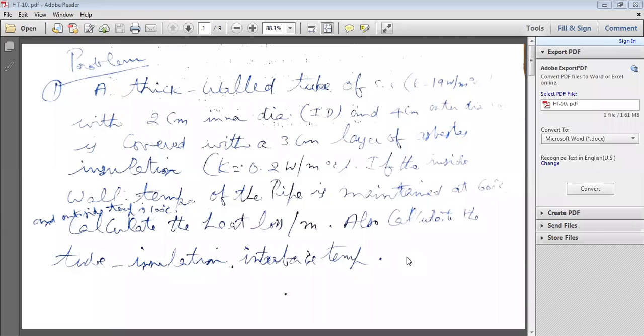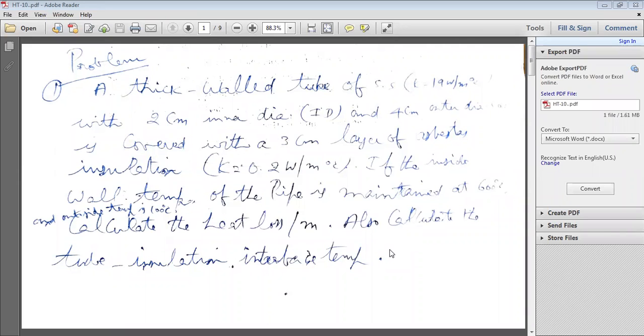If you know all those parameters, I gave in the last class how to derive it, by considering a small element at a distance of r from the center of the cylinder with thickness dr, and applying Fourier's law of heat conduction for a cylinder,